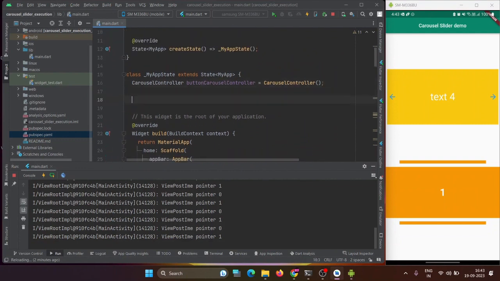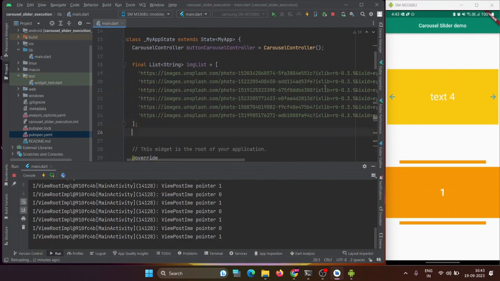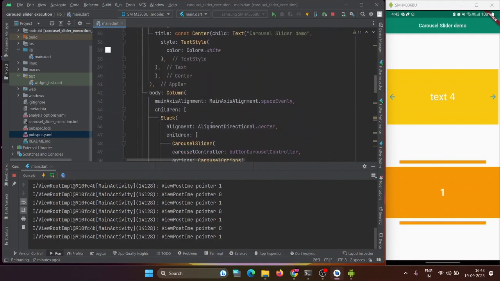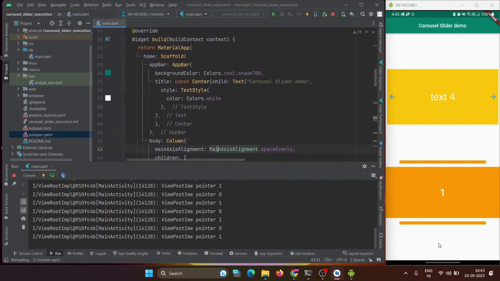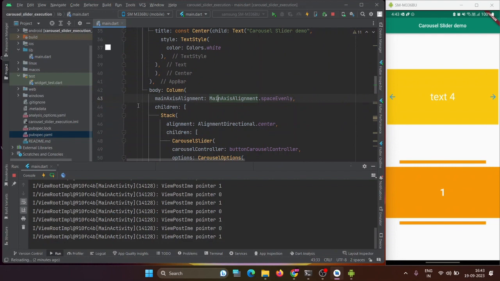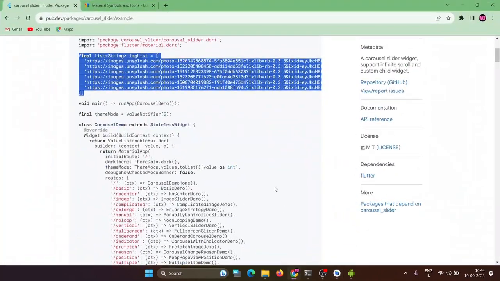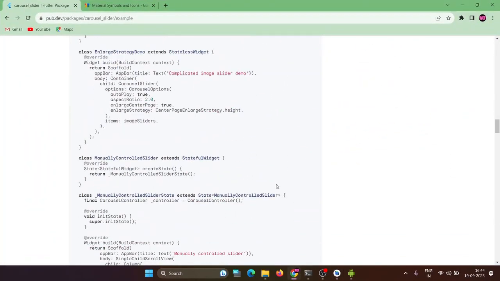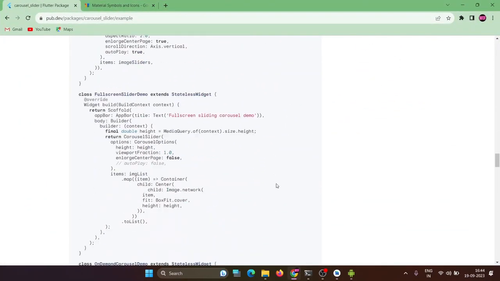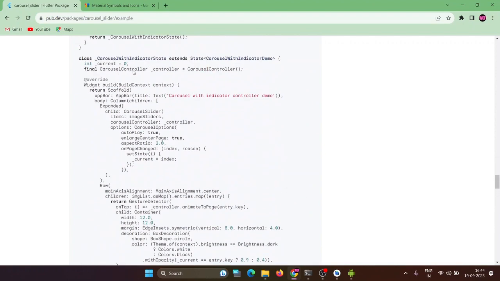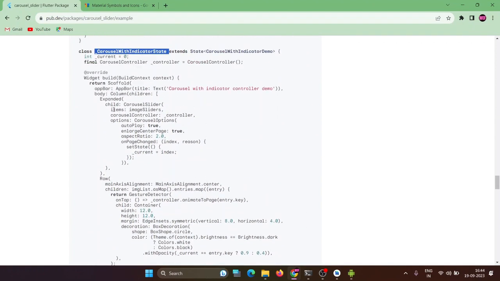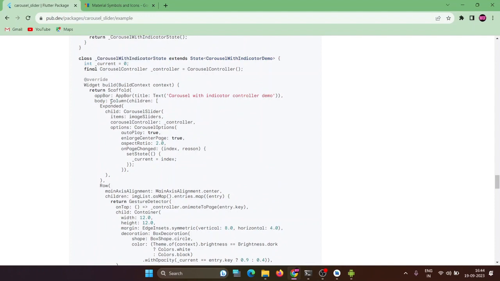So for that I need a list first of all. So I'm going to give a list. Okay, and I'm going to put that below here only, below my children here. So I'll put it in my expanded so that my UI doesn't crash. And in the child, I'm going to go to that example. So my example is somewhere here. Yeah, carousel with indicator state. So this is my example,